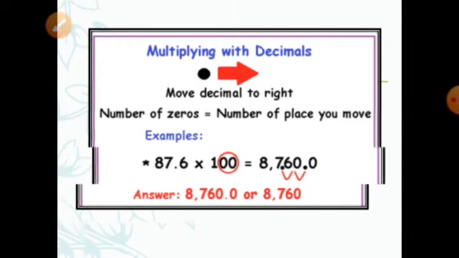Now let's move towards the question. Here is the question, question number 6 in your exercise 4b. Multiply the following decimals by 10 and 100. Here is a number 59.6. Okay, A part,